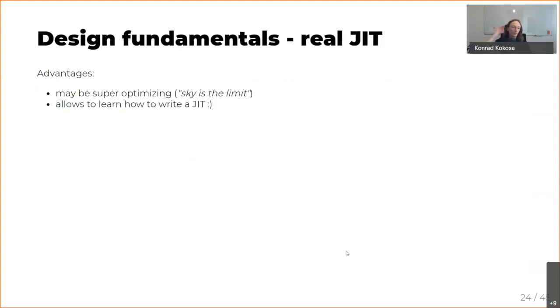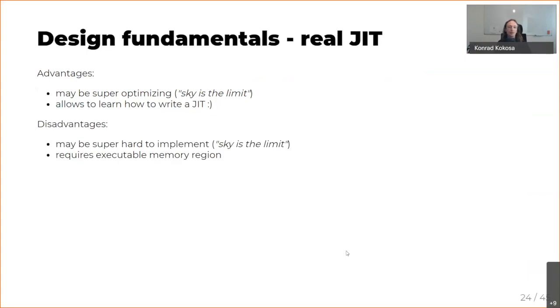But okay, if not an interpreter, let's write a real JIT. It has obvious advantages, like it may be super fast. The sky is the limit in how you will optimize the code emitted by the JIT. And obviously it allows you to learn how to write a real JIT. But the problem is, the sky is the limit in terms of implementation, so it may take a lot of time to write a really good JIT.